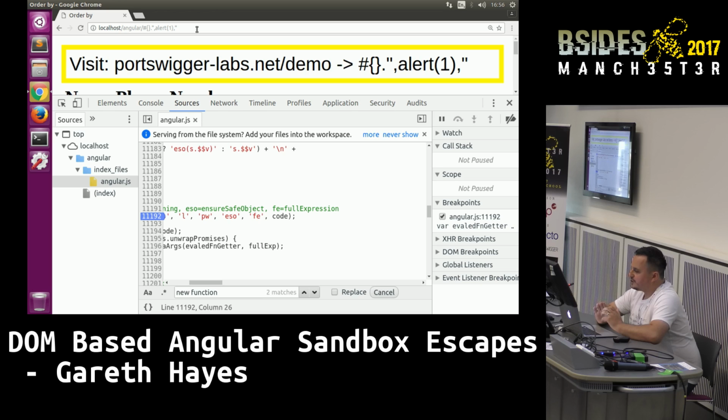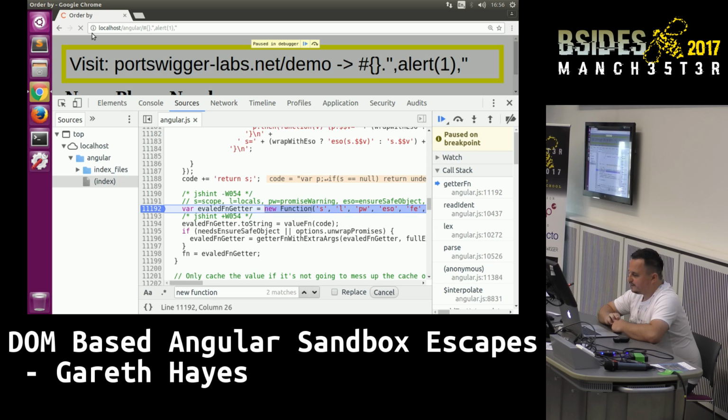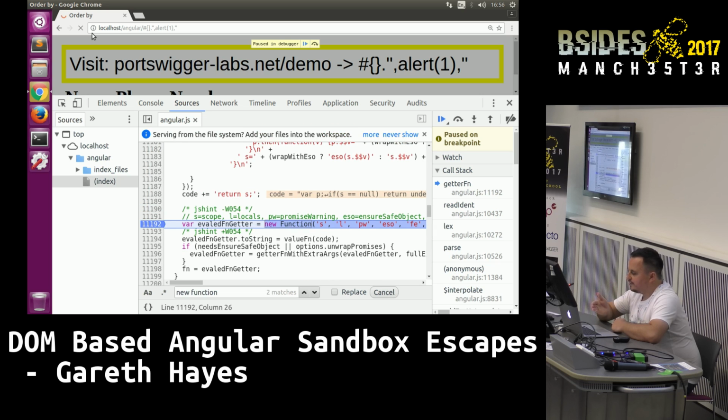So we've modified the hash, but we need to reload the page now so that the debugger kicks in and stops at that breakpoint. So hit reload, and then fingers crossed, pray to the demo gods, yes. So we've got that breakpoint. So if you scroll across,